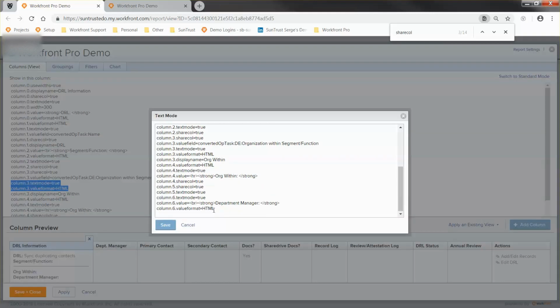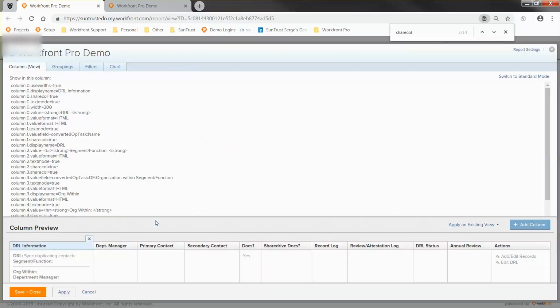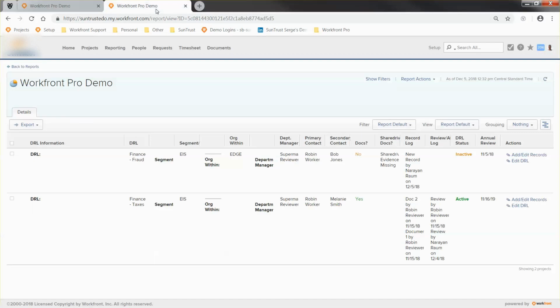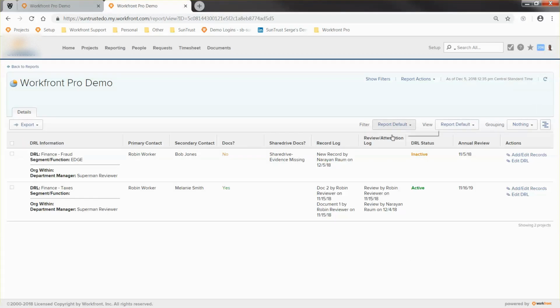I think this is the last one. So great, now that we've restacked, I'll apply the change, refresh here, and